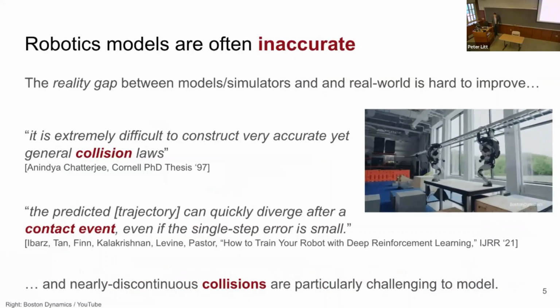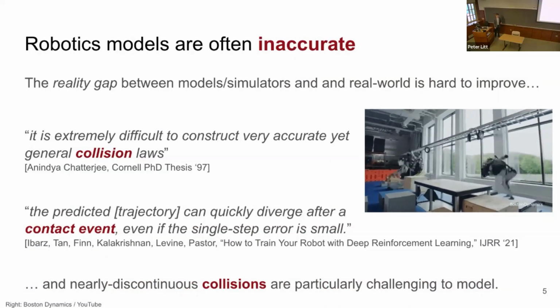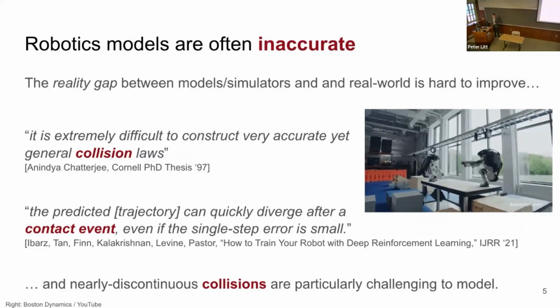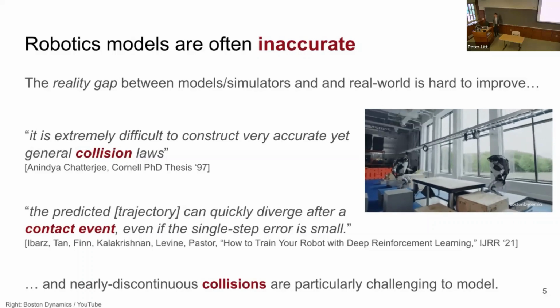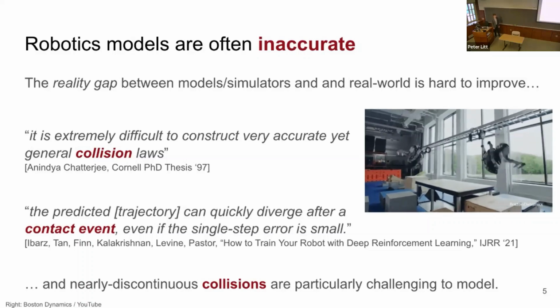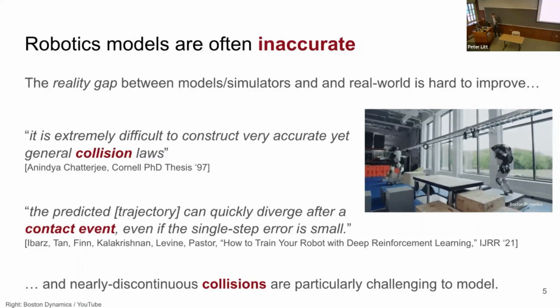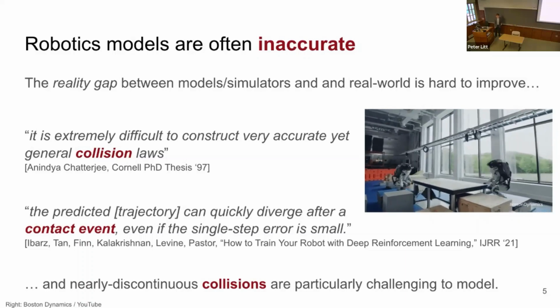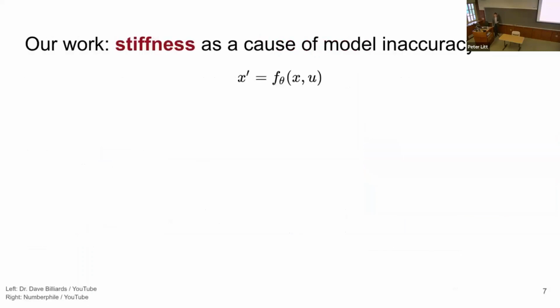And unlike applications in autonomous driving, these collisions are not accidents, but they're the very means by which robots locomote and manipulate through their environment, such as when this robot's feet hit the ground at the end of this backflip. And there's something about the fact that these things are happening very quickly or discontinuously in time that makes them very difficult. So in my research, I investigate mathematical understandings of this discontinuity or sensitivity that I call stiffness.